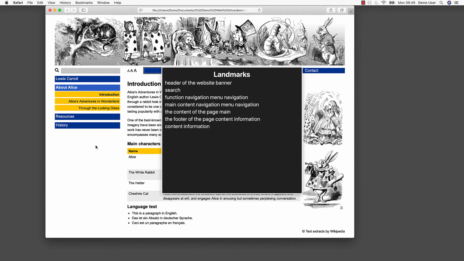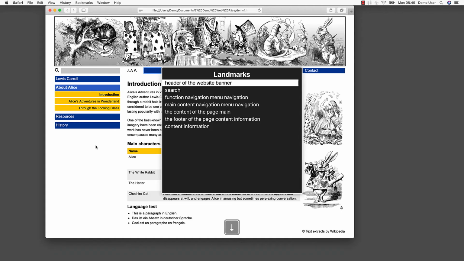An overlay appears showing us all links, headings, form controls, tables, landmarks and images on this page. Where a web page is designed with accessibility in mind, it offers landmarks, headings, alternative descriptions for images, and so on. Landmarks collect multiple items of a web page into a functional group. For example, a banner area, a footer, a navigation block, or the content. We can select a landmark in the web rotor to go directly to this part of the page.